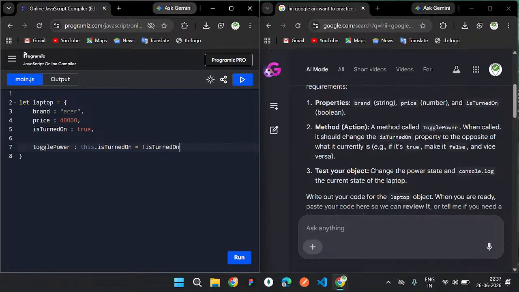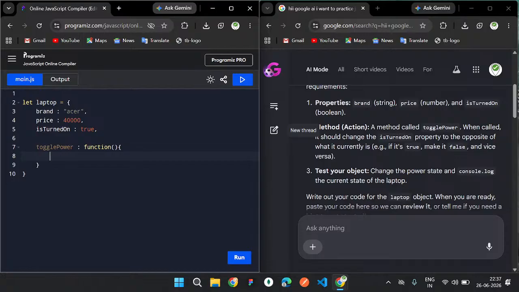So this is a method, which means we can't do this directly. We have to create a function, which means this is a method. We can say the power has been changed. In this we will be writing this.isTurnedOn. We are accessing the this keyword and toggling it. And console.log